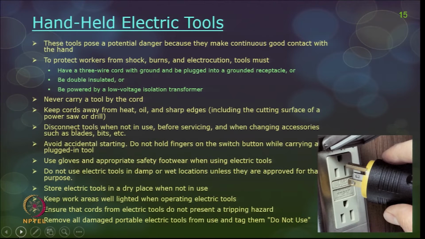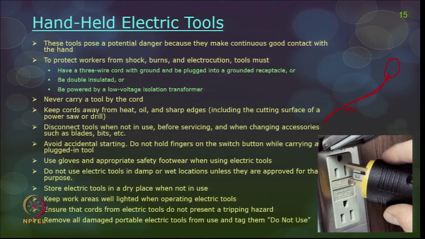So, never carry a tool by the cord. The cord is primarily the wire which is connected with the power socket. Never carry a tool by the cord because it may easily tend to wear and tear. Keep the cords away from heat, oil or sharp edges, so that you are not damaging the cord at